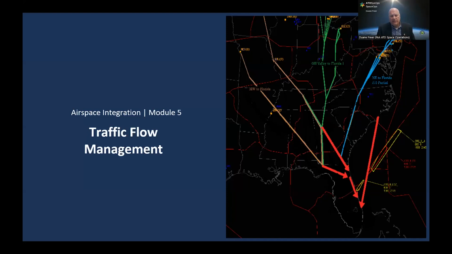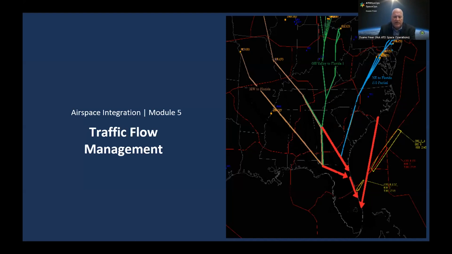The next module here is regarding traffic flow management. Now that we have the hazard areas defined, we have the launch windows defined, we've done the analysis and we've worked with the operator on mitigating impacts, we're going to go to the next step of managing the traffic flows. And it really is a traffic flow issue. We typically don't have departure delays or other types of traffic management programs. It's really a rerouting or a detouring of aircraft that are affected by the hazard areas that are the primary traffic management initiatives.